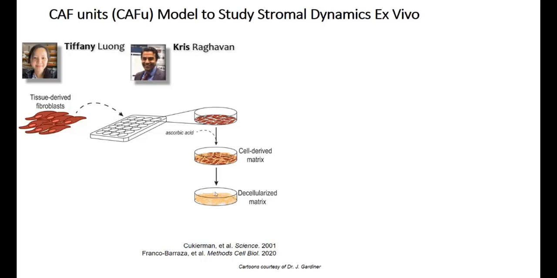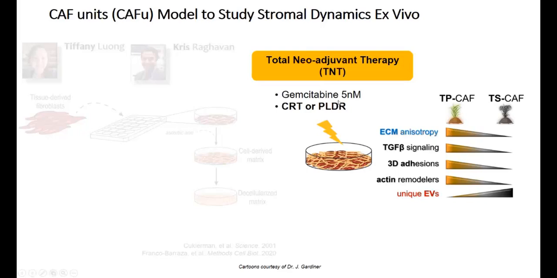Once we have these 3D cultures, they are irradiated with a combination of gemcitabine and either the continuous radiation or the pulse low dose radiation. This is aiming to mimic the total neoadjuvant therapy that patients are receiving in the clinic. Once these cultures have been treated with these